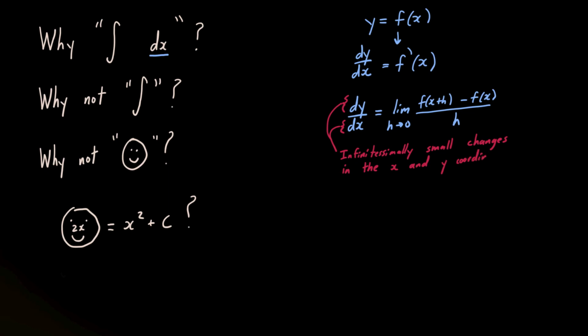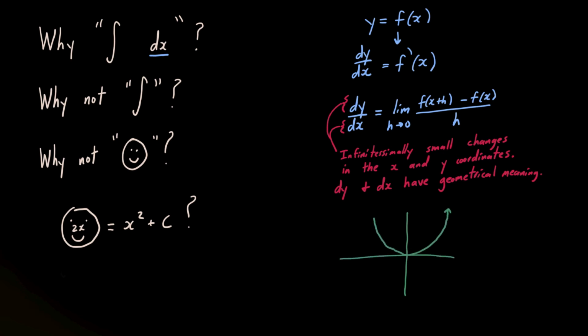By the way, in upper level math and physics, dy and dx are often called differential lengths, so they do have geometric meaning. So I'll write that out here. dy and dx have geometric meaning. To illustrate that meaning, suppose we have a nice standard parabola. Nice standard parabola, and we want to find the instantaneous slope at a point. Pick a nice point like